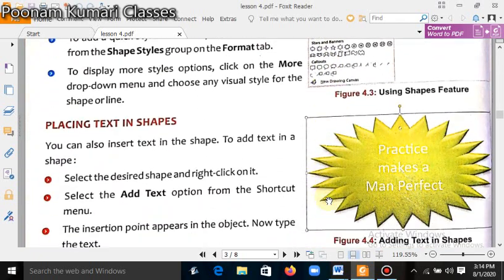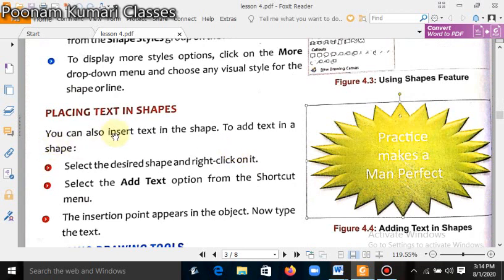Now we will see placing text in a shape. You can also insert text in a shape. You can write anything inside the shape. To add text in a shape, what you have to do is select the desired shape,